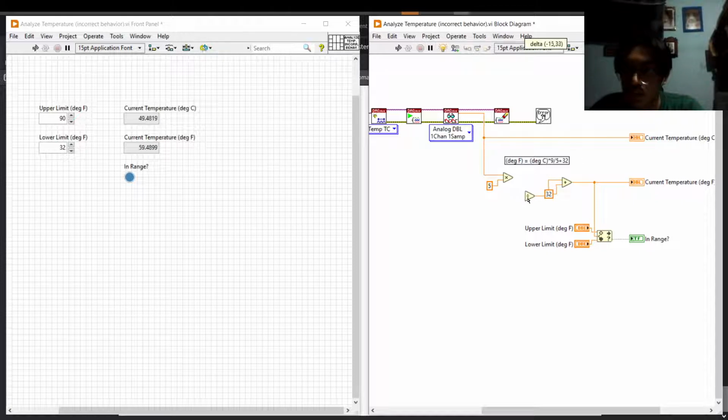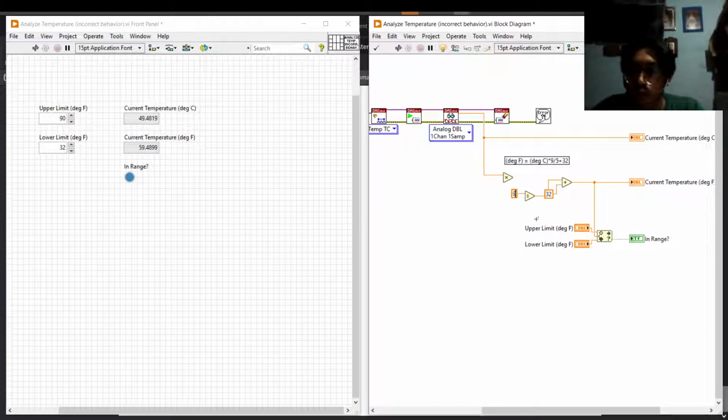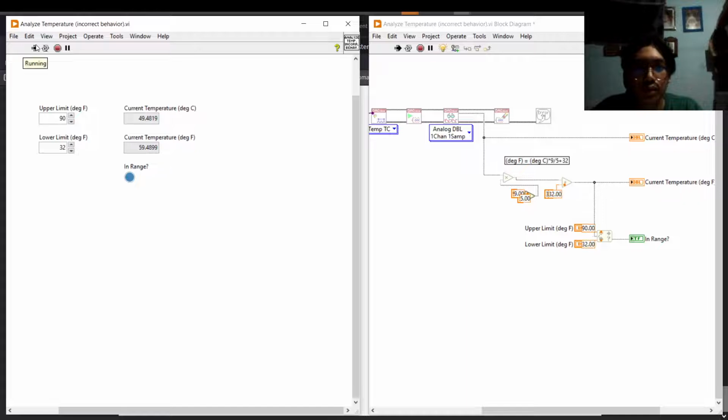So it should be create constant 9, create constant 5, and select this one. It should be right here. So if we run this,